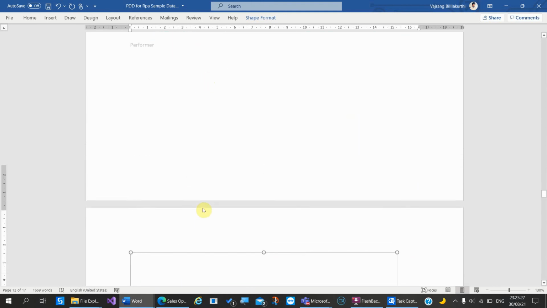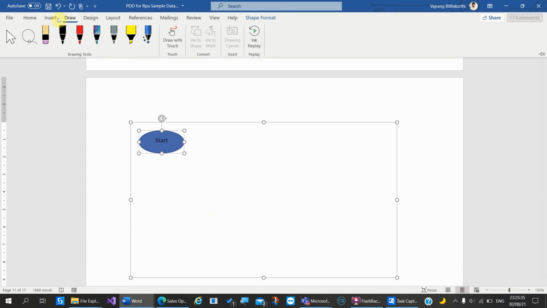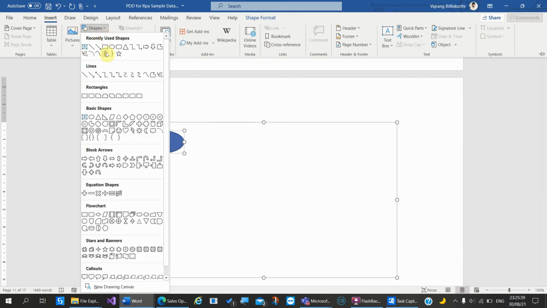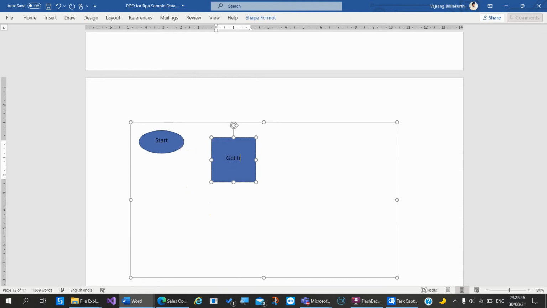So you can also do this if you have Word installed. But if you don't have it, just try to use Google Sheets or Google Docs as well. Even that will work. So here, this is the performer. So get transaction item from queue,